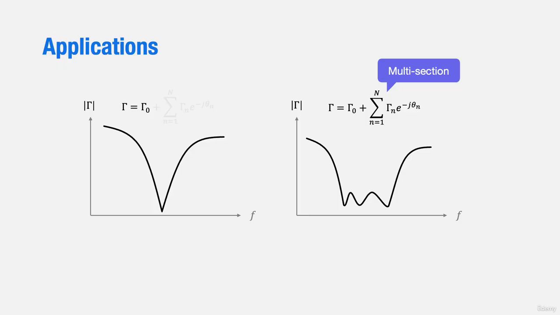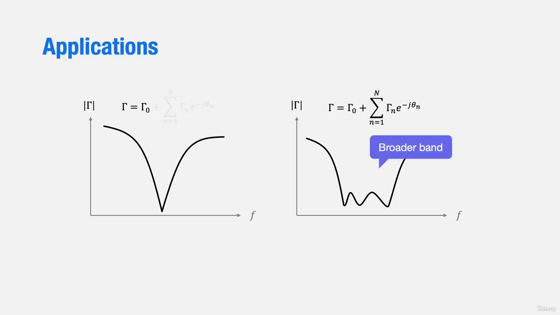If we could make theta n an integer multiple, this equation would become a Fourier series. However, we use it to synthesize a curve in the frequency domain rather than in the time domain. In this case, we see a periodic, repetitive feature in the actual circuit, such as the step impedance filter seen earlier as an example. Now, when we need to create a larger bandwidth for the circuit, we can add more